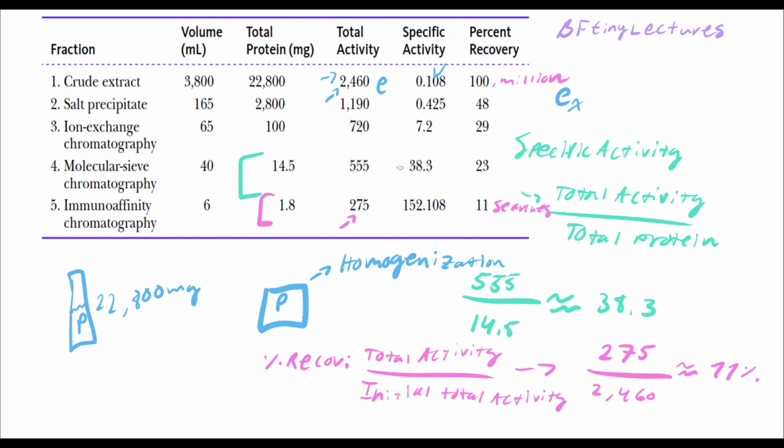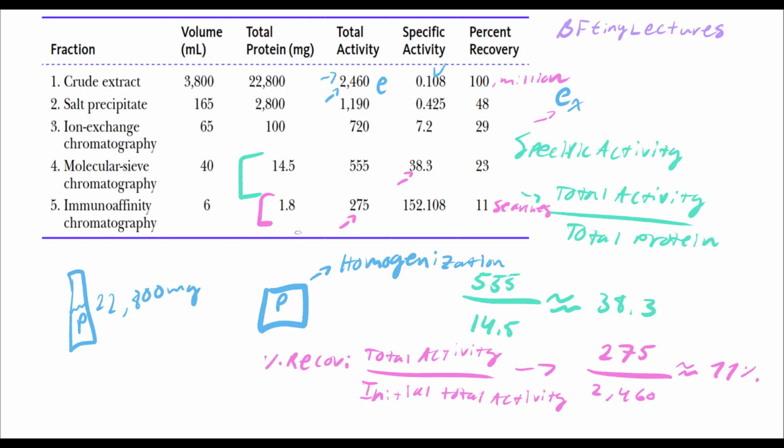Look at what happened. If we're on this subsection of data, 38.3 enzymes are going to be the one that you want out of a sample of 555 enzymes, right? But if we continue to refine our searches by doing more and more experiments and using better tools, we can say that out of 275 total enzymes, 152.1 of those enzymes are the one that we want, enzyme X. Now, we have 152 enzyme X's within a sample of 1.8 milligrams of protein. So essentially that,